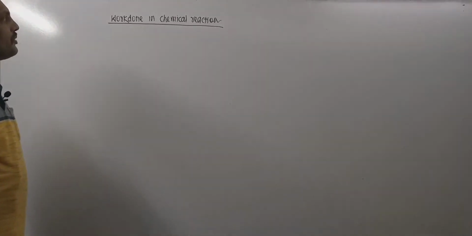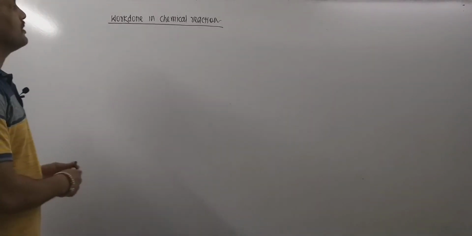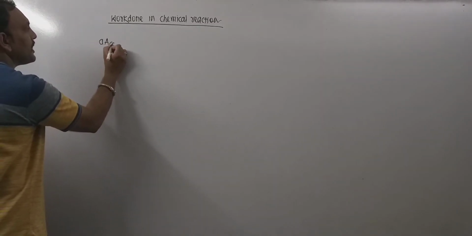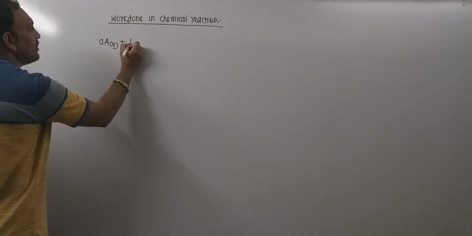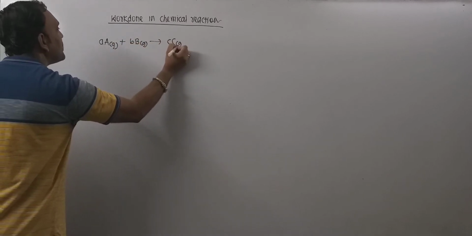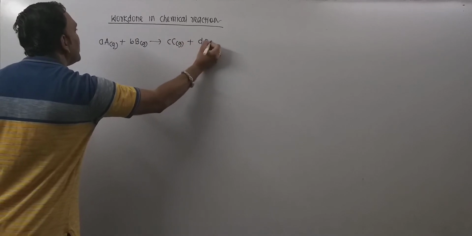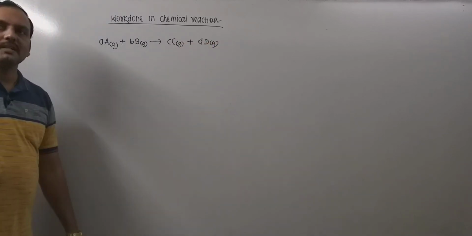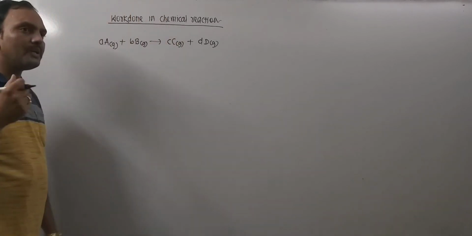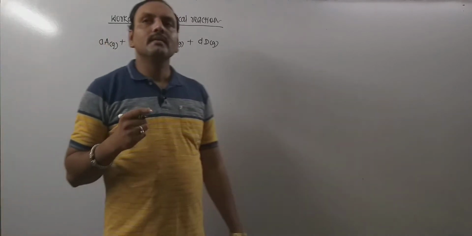Everyone, today we are going to discuss work done in a chemical reaction. Now consider a hypothetical reaction of the type A(g) + B(g) gives C(g) + D(g). Now this is supposed to be a hypothetical chemical reaction, and we know very well that the